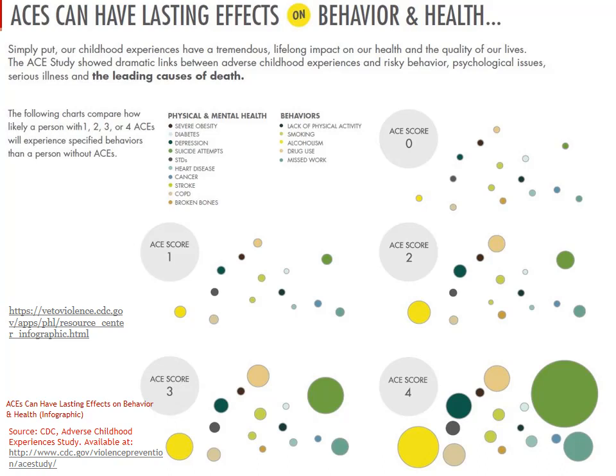You might not be able to tell what every single one of the bubbles represents. Each one of them represents either an unhealthy behavior or a negative physical and mental health outcome. And you can get the gist of it by looking at each of the bubble clouds based on whether you get an ACE score of 1, 2, 3, and 4. When you get into people that have 4 ACEs, you see that in particular, the bubbles for suicide attempts, for alcoholism, for drug use are very profoundly larger than they are for people with an ACE score of 3 or 2 or 1 or especially 0.